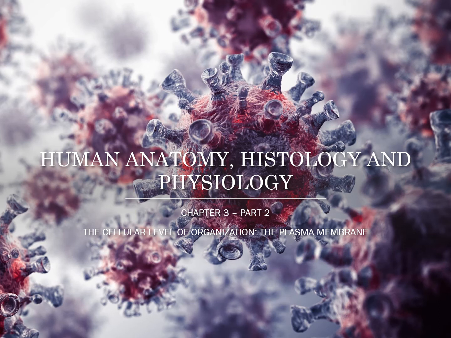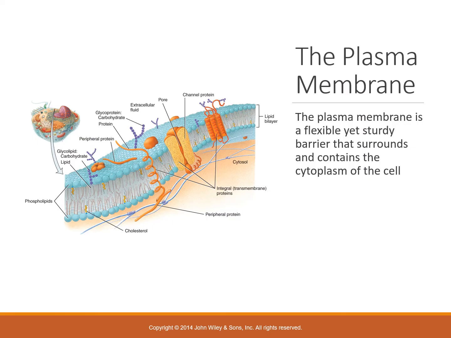In this second part of Chapter 3, we will be looking at the plasma membrane. The plasma membrane is this barrier that surrounds and contains the cytoplasm of the cell, and it can be very flexible but also sturdy at the same time. It's made up of about 75% of a phospholipid bilayer, and what this means is that it is made up